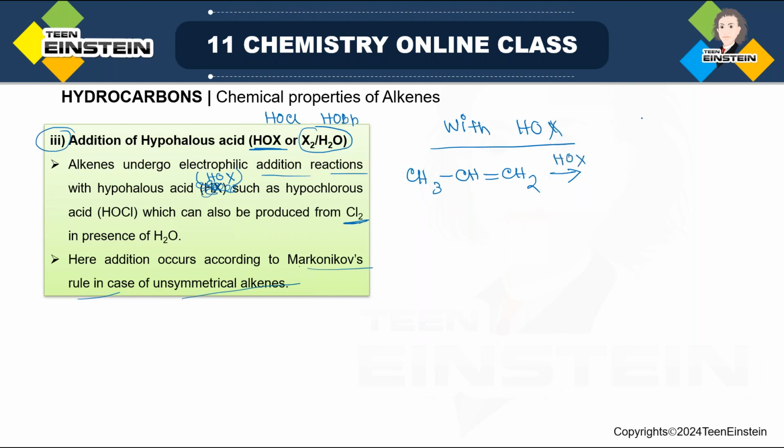In HOX, if you consider electronegativity, oxygen is obviously more electronegative than X. So this part will be as if the negative part, and this part will be as if the positive part. And the positive part is the electrophile. As this is electrophilic addition, the pi electron density will be attracted towards this positive part. And as a result, first you will get